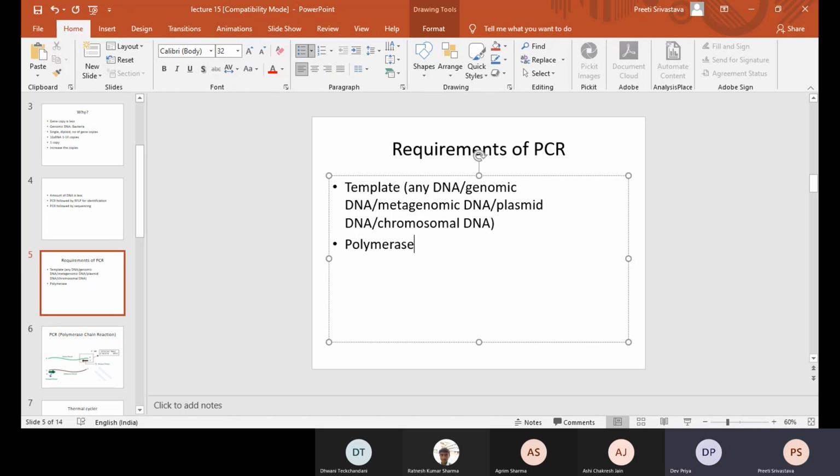We need other proteins that help in the process of polymerization. But in replication, I thought you have studied something else. Do you remember what else is required? Primer. What else is required? Anybody in the class?